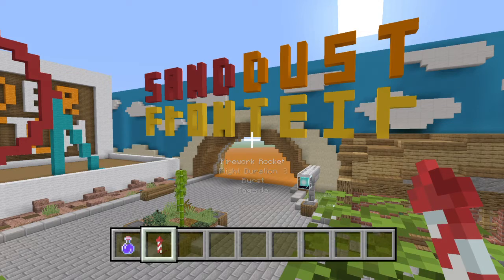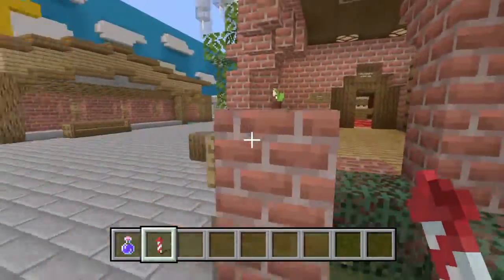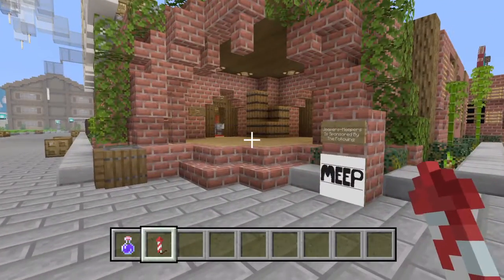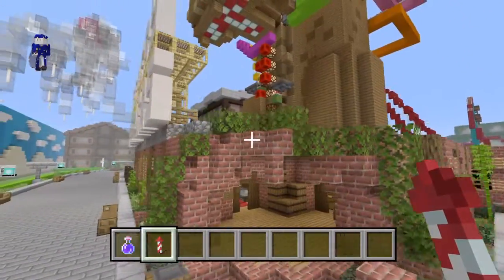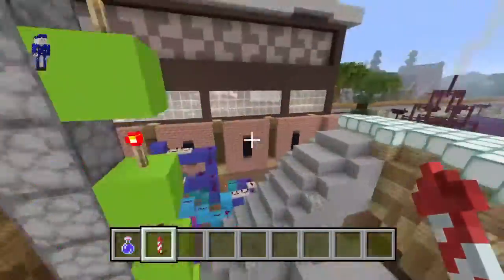Hello and welcome back to the sixth update to the theme park. So there's some big developments that have happened, some bigger projects have been started, and some that are coming to a close. So first off, all the redstone for Jeepers Creepers is now finished,